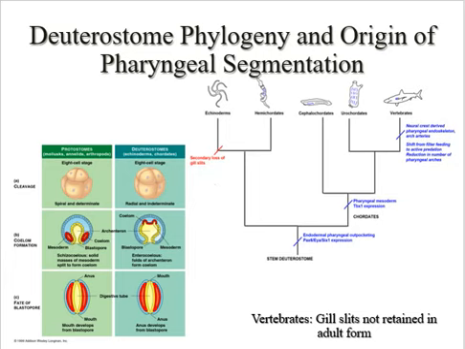Anyway, so again, these gill slits are present in vertebrates only during the embryonic stage of development, and then slowly as you progress through those different